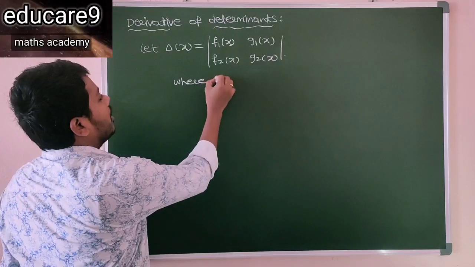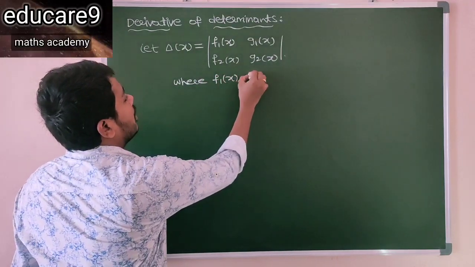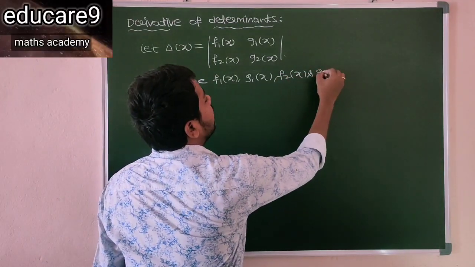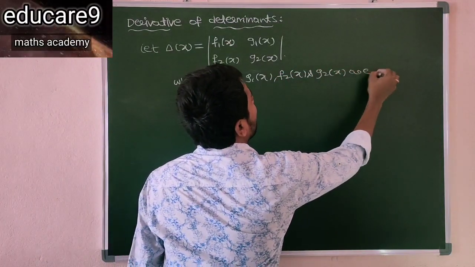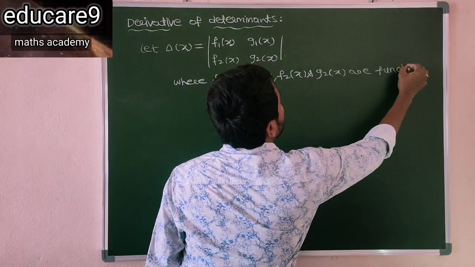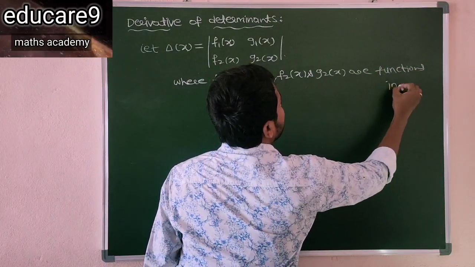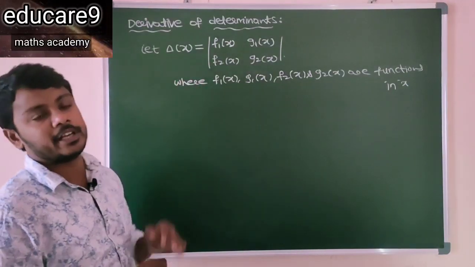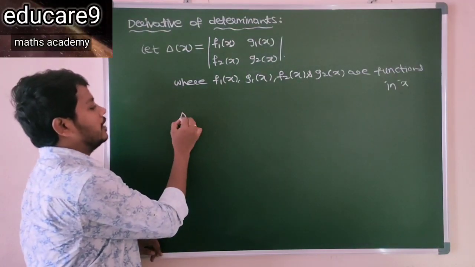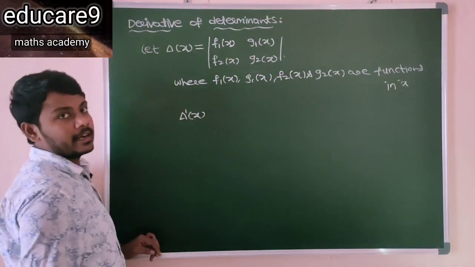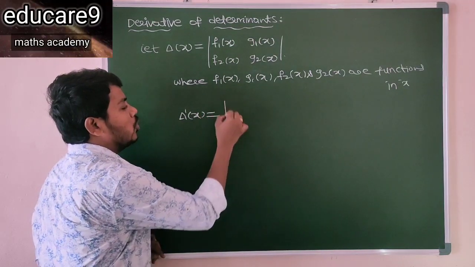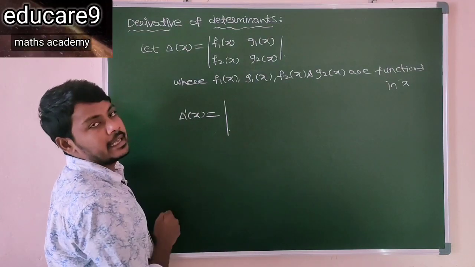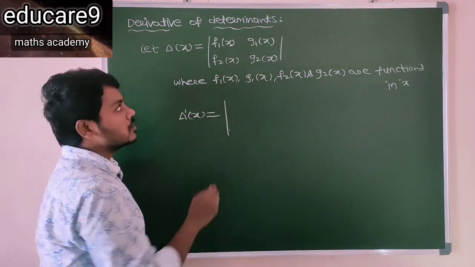So where f1 of x, g1 of x, f2 of x and g2 of x are functions in terms of x. Now find the derivative of this determinant. See here, the derivative of the determinant is denoted by delta dash of x, which is equal to the derivative of the first row plus the derivative of the second row. So see here, that is